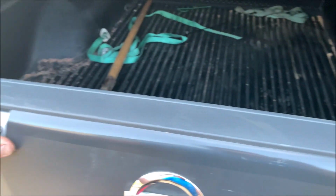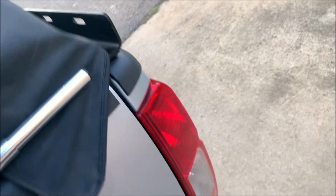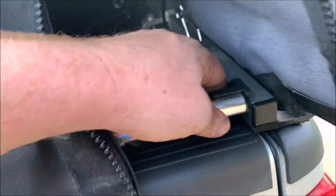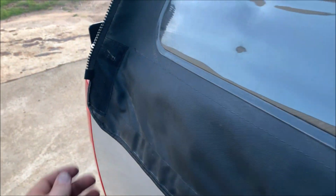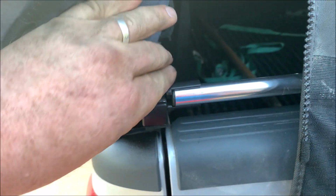But I think this was like 15 or 20 or 30 bucks on eBay. But all you do now is you just close this, and now that I've adjusted these, it just snaps in like that and snaps in. Let's see, oh, being difficult right now. There you go, just like that. And then it zips down